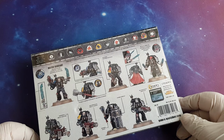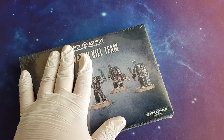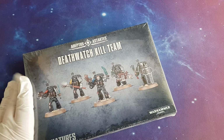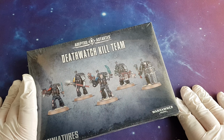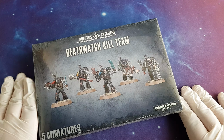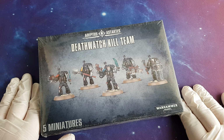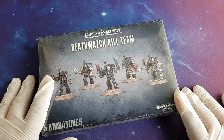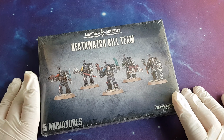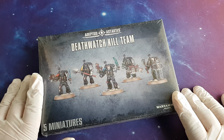Okay, so this box, or this set of 5 Battle Brothers, will cost you from GW 22 British pounds or 13 euros if you are from Europe. I strongly suggest go and check around different third-party resellers. Like I bought this one from Triple Helix Wargaming. They are an official reseller. That is also good to know,